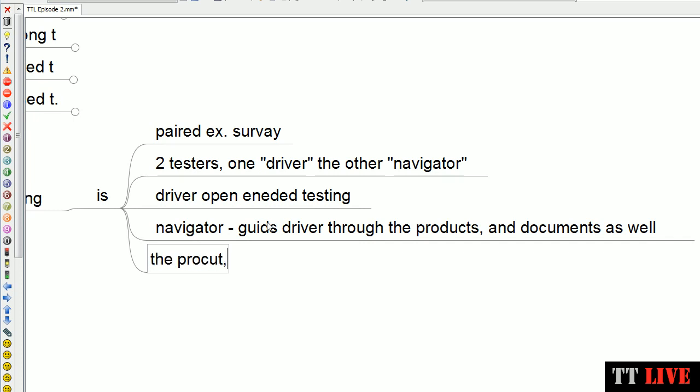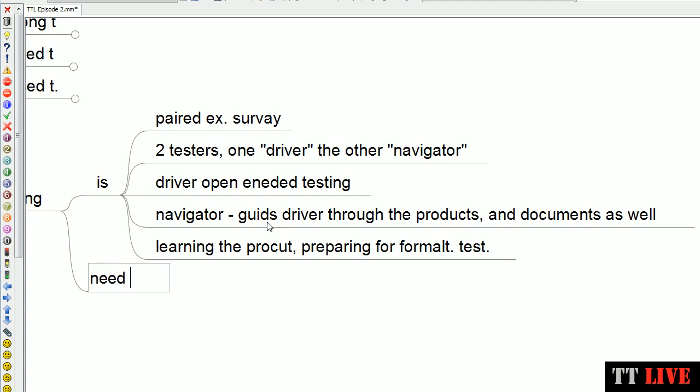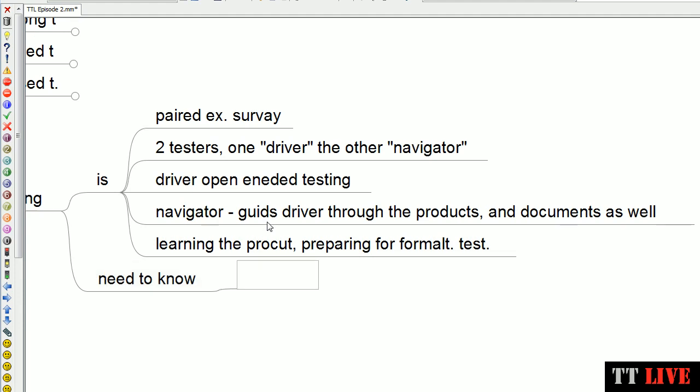Learning the product quickly, preparing for formal testing, etc. So we need to know. We could use it the way somebody is teaching another guy how this product works, what it is, and so on and so forth. So it's not just testing the product, but also sharing the knowledge about the product and some of its